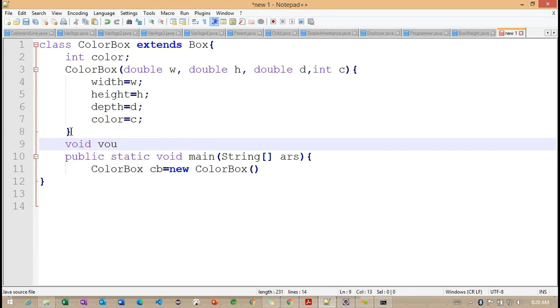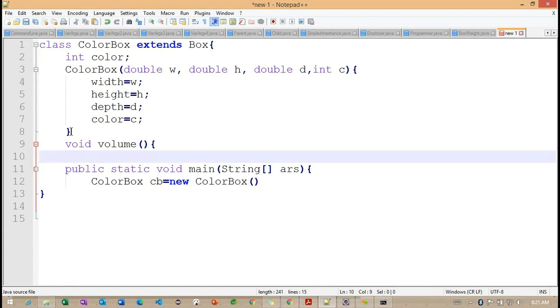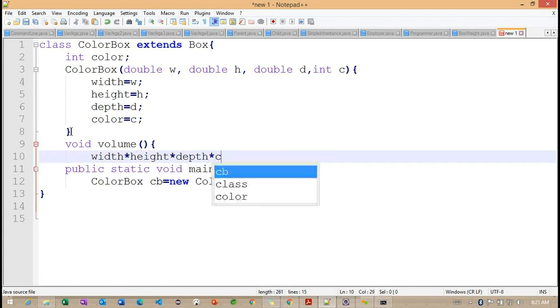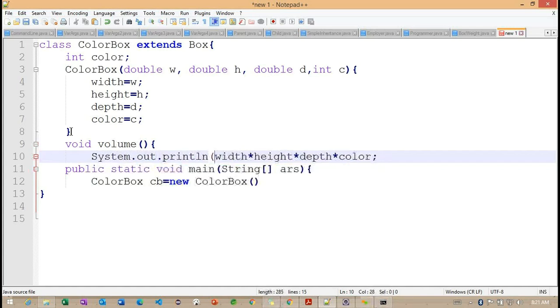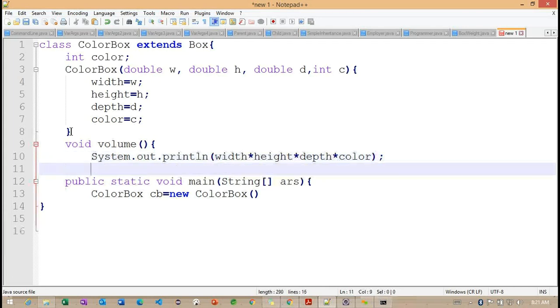So instead of return type, and here color. Right.